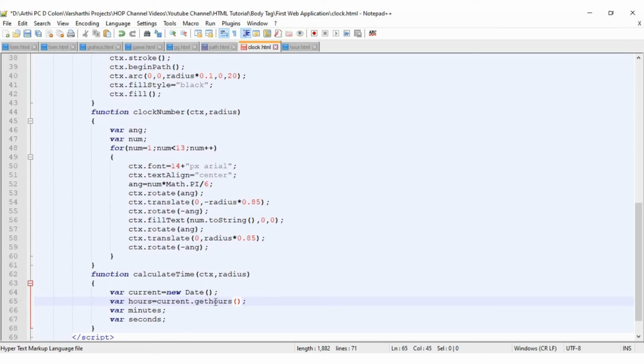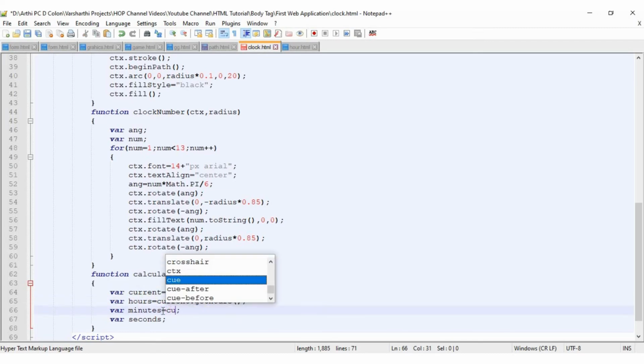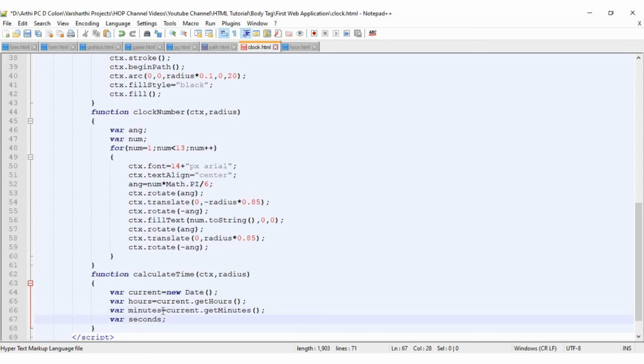This getHours is a function inside the Date class, whereas current is our user defined object. So similarly we can calculate minutes and seconds, right? So current dot getSeconds of, right? So we have calculated minutes, hours and seconds, right?